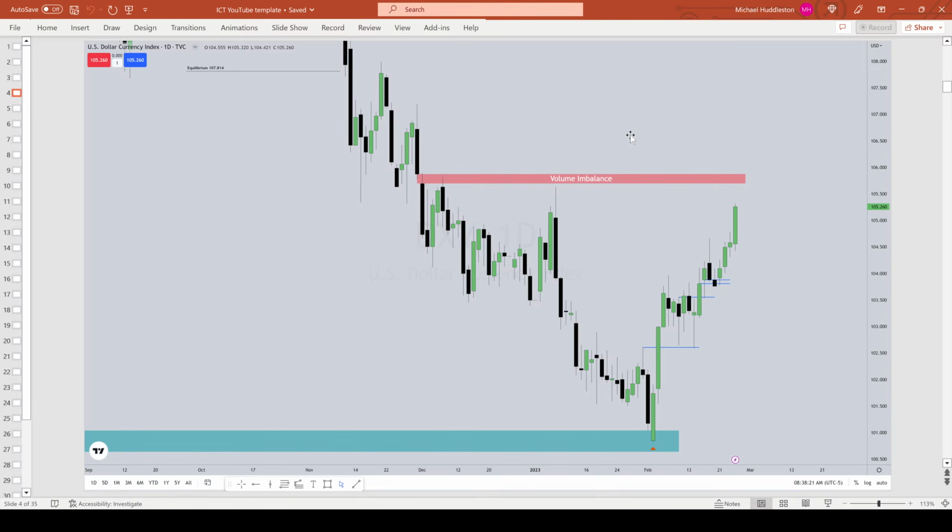So without needing to pull that up, I'm just referring you back to this is where I believe we are going. And you can see we've been doing a pretty handsome job of getting very close to it. And we're going to break down some more details in a few minutes. But this is where I believe the expansion should be delivered sometime this week. It doesn't mean it's going to open Sunday and be there at this level. It could gap up there. It could gap up there. Or we could have a very low change, in other words, a very small change between where we closed here on Friday and where we open.